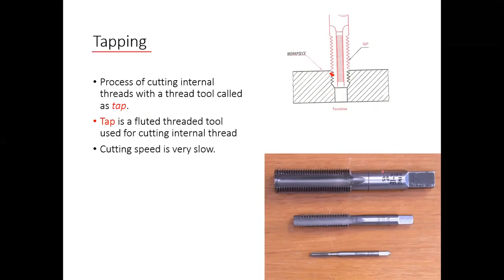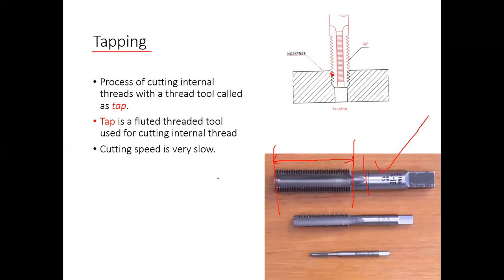So this is the typical tapping tool. A tapping tool is similar to the drilling tool. Here also you have the same shaft, the tang, and in the portion where your drill bit has the flute portion, you have spiral grooves instead. This spiral groove removes the material in spiral form. The spiral groove is nothing but your thread, so we are making internal threads. A tap is a fluted threaded tool. The flutes are nothing but gaps, and they are in the form of a spiral. It is a tool used for cutting internal threads.